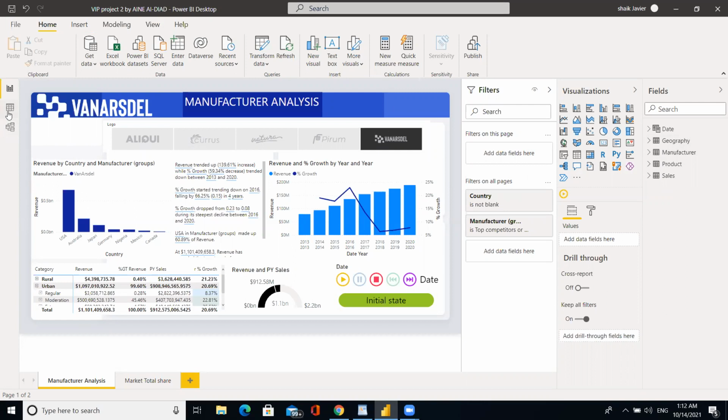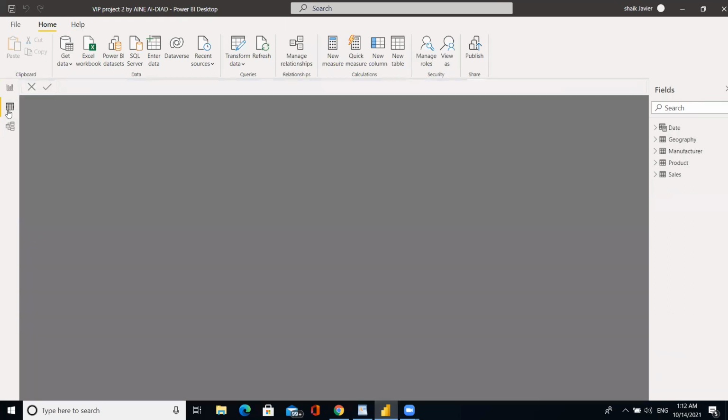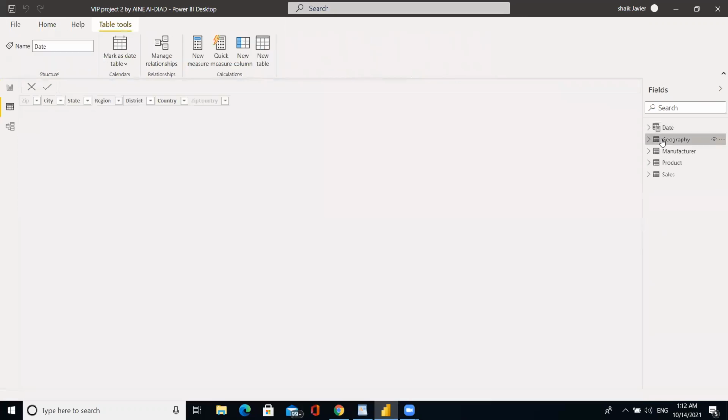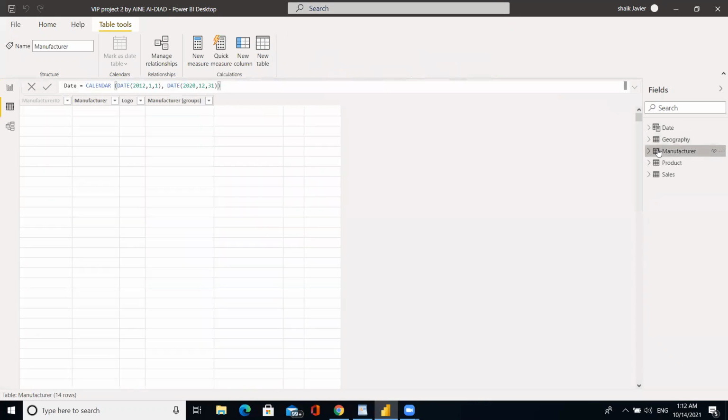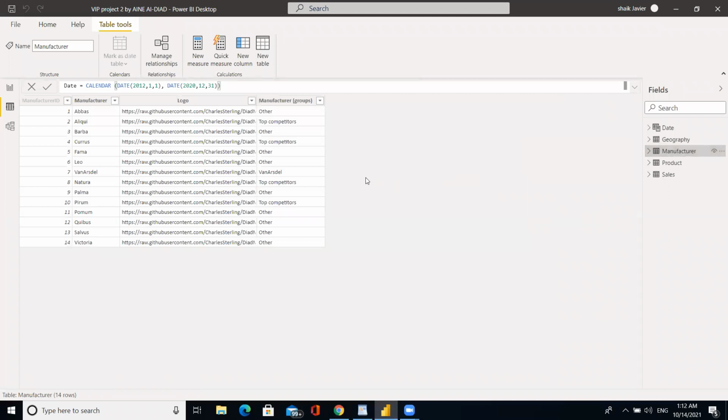First, we are going to the tables and how we created them. The manufacturers table is data which we collected from the data set, and we can export the data into Power BI Desktop.